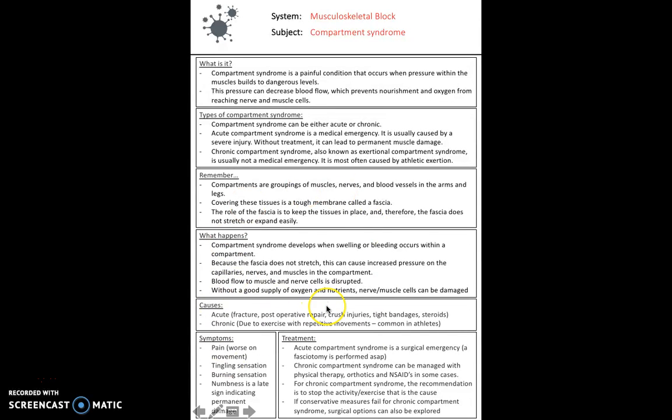It's important also to differentiate between acute causes, so things like fractures, post-operative conditions, crush injuries, tight bandages, anabolic steroids, versus chronic. So this tends to be due to repetitive movements and is common in athletes. And whether it's acute or chronic determines how you'd manage the condition. So an acute compartment syndrome is a surgical emergency and you want to perform a fasciotomy ASAP. And if it's a chronic compartment syndrome, you can try conservative management first, and if that then doesn't work, you can try surgical